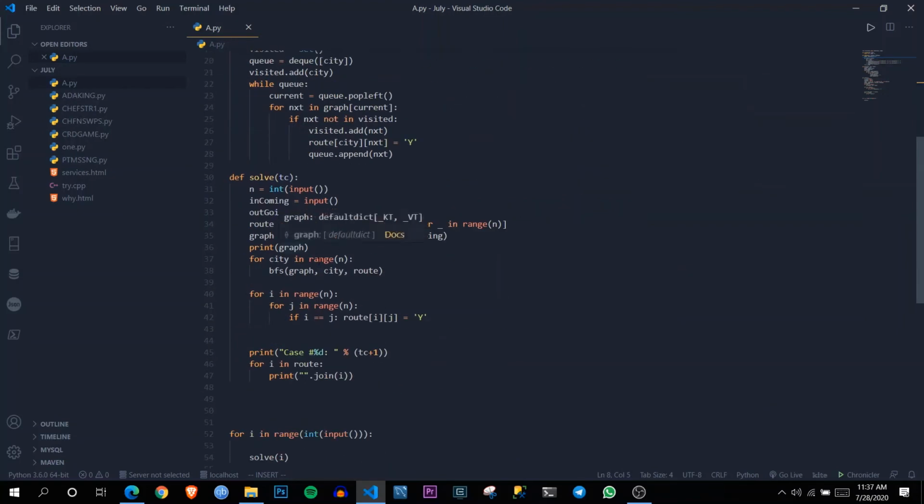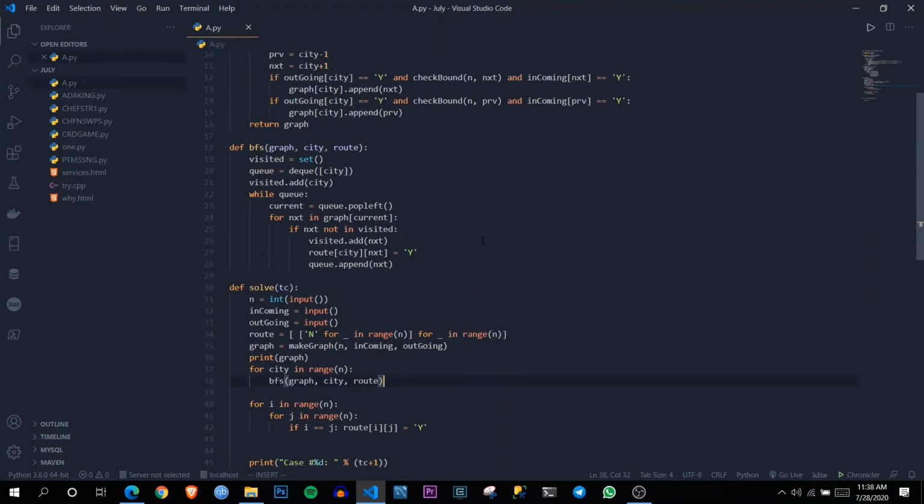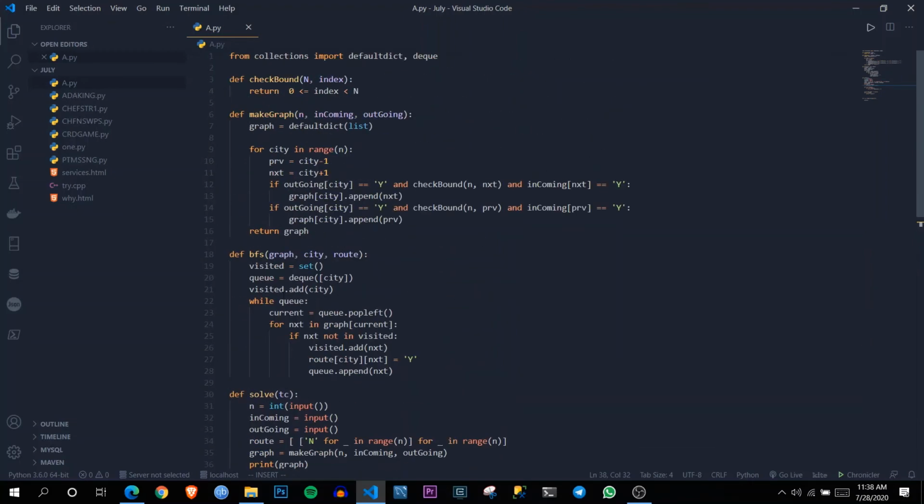So after making the graph, what are we doing? For each city, or for each node from 0 to n, we are calling this function called BFS, and we are passing this graph, this current city, and this route. This route is our answer basically, the 2D matrix which we have to print. Now inside this BFS, this is standard BFS, like we have a visited array,